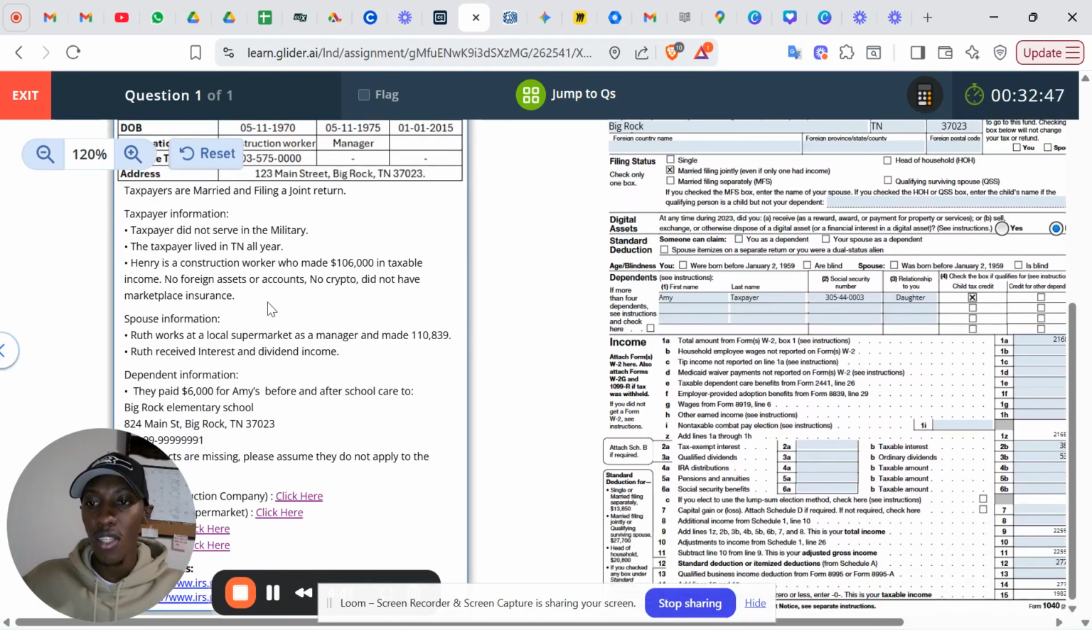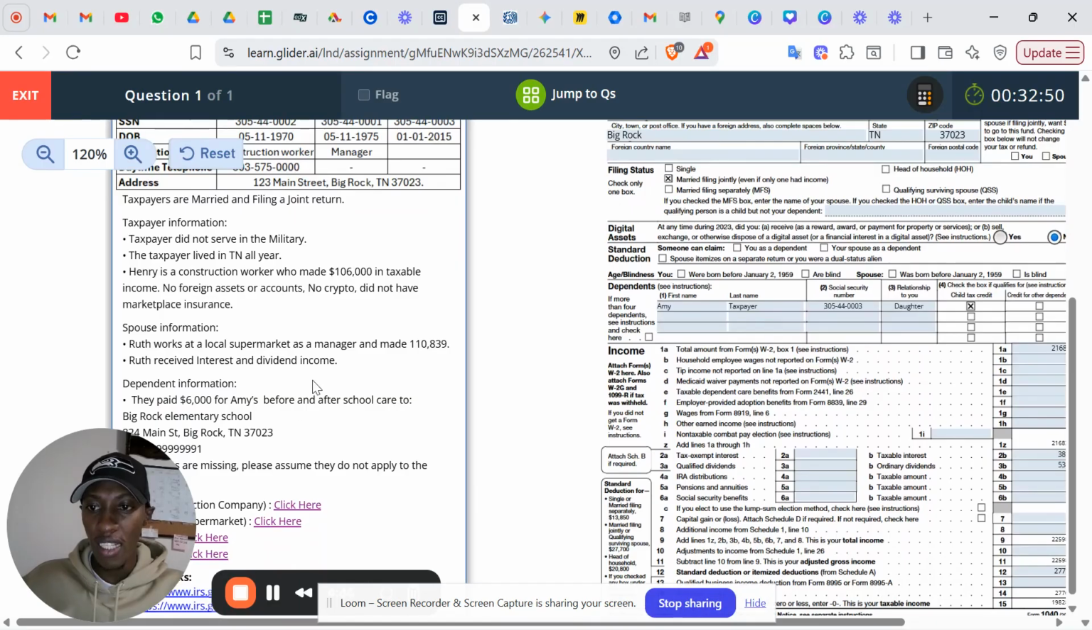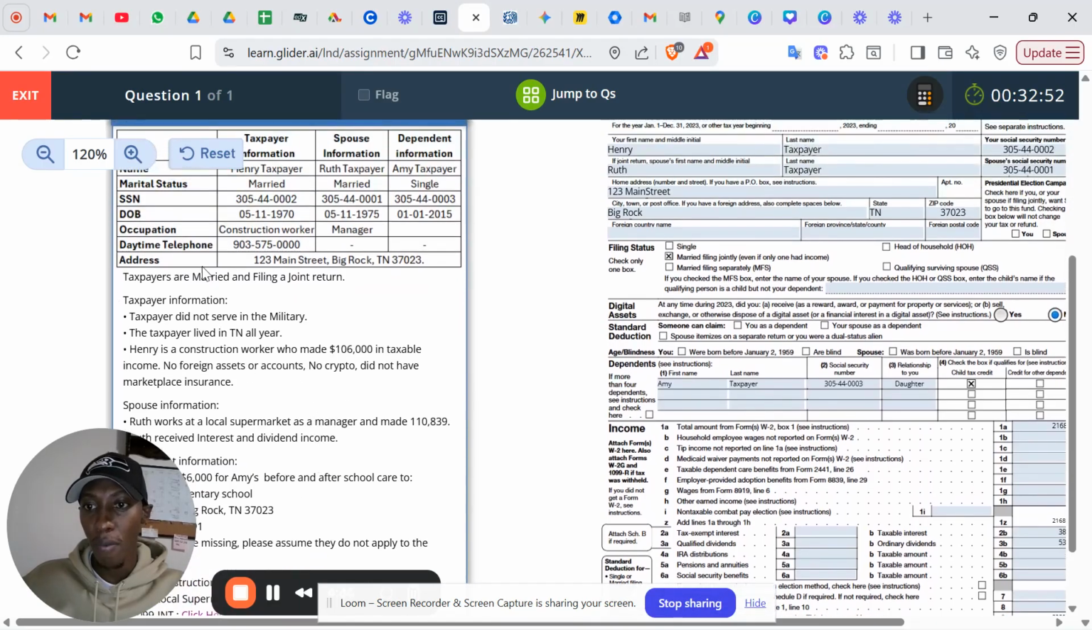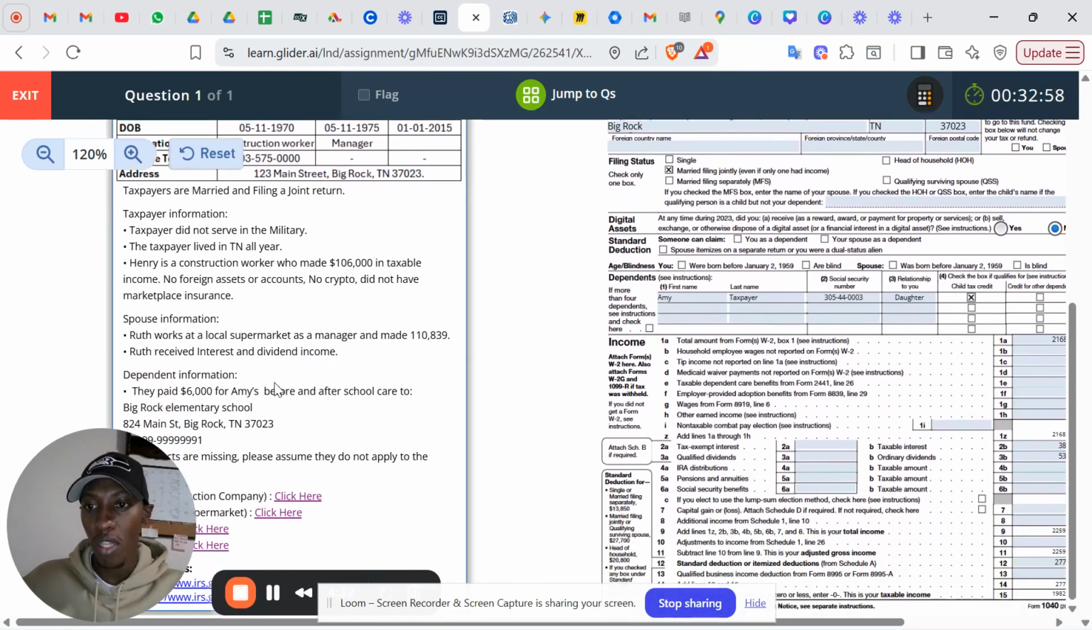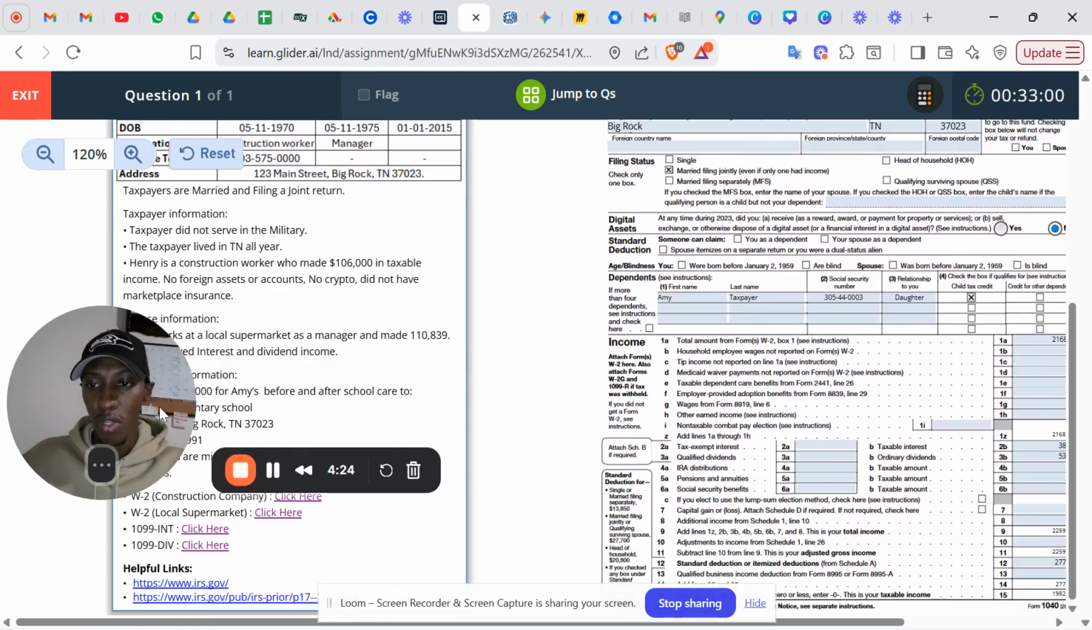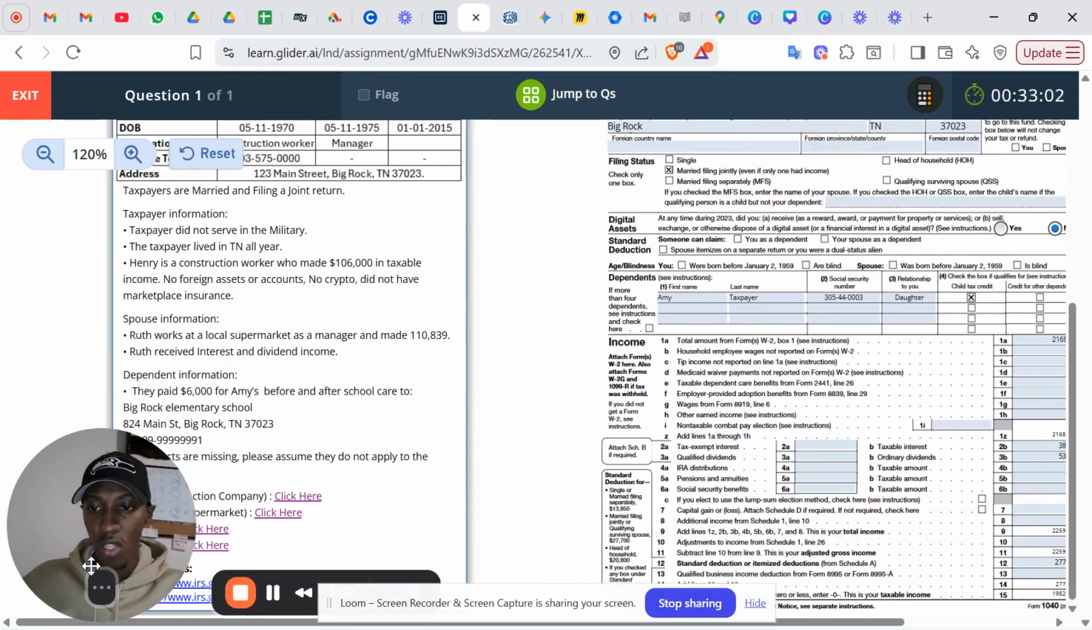You can see clearly here that they are married, and they're filing as joint. You need that key information. One is a construction worker, and we have all their documents right here. So if I want to see the W2 here,